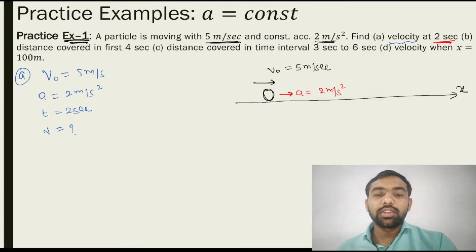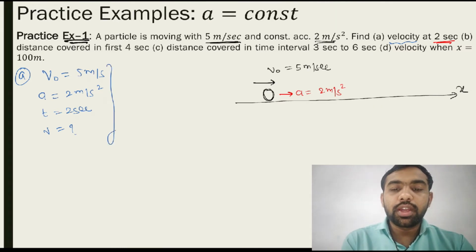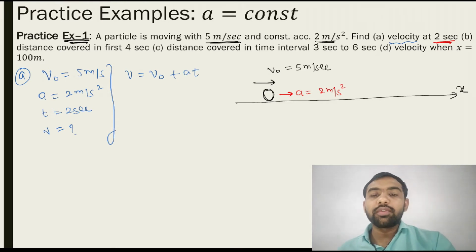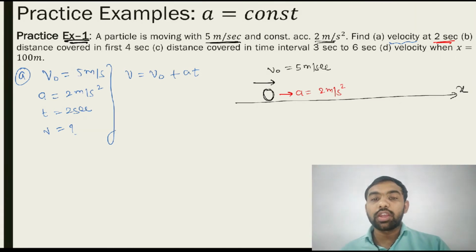Just consider this situation. You remember one equation in which all this data is present. So which equation do we have to use? Here we are using this equation. See, v is equal to v0 plus at, because v is given, v0 is given, a is given, t is given. First you just list out all the data, then remember one equation from the derived ones.